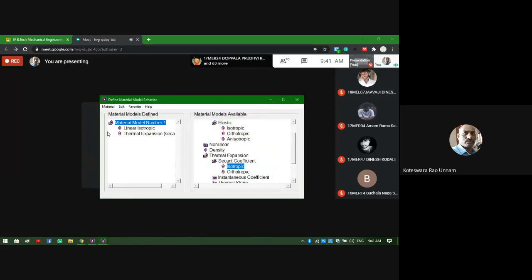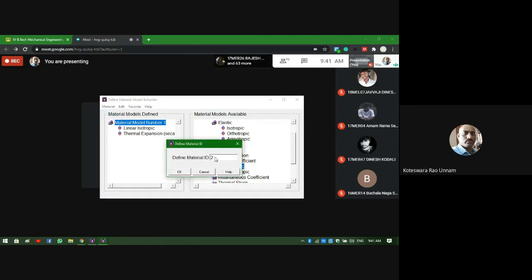Then to create the remaining two material models, what I need to do is click here on Material, then click on New Model. Automatically it will give the number. So define the material ID as 2. If you are satisfied with 2, keep 2 itself, or if you want to define the ID as 4 or 6 or whatever you want, you can give your own ID also. But for the sake of reference, I will take it as 2 only. Then I will click OK.